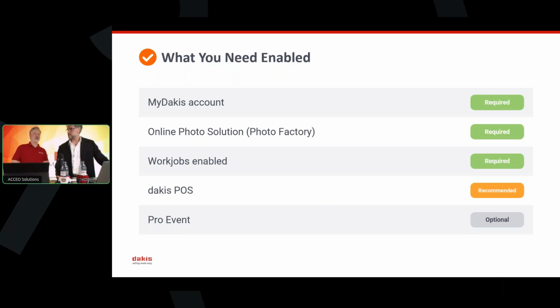The Pro Event is part of this presentation because there's another challenge with film dev, and that is getting your digital orders to your customers when scans are included in the film dev job. A lot of you are going to be using WeTransfer, Google Drive. You can stop doing that now. With the Pro Event solution, it will soon be possible to upload the images into a Pro Event directly from the workflows and then send an email directly to your customers so that they can download the images and then, from the Pro Event, order 5x7 prints, 8x10 prints,